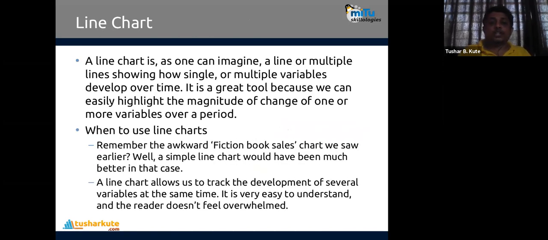Line chart is a very commonly used plot. When you start visualizing, we'll start with the line chart. The progress of two variables we can see with the help of the line chart. A line or multiple lines show how a single or multiple variables develop over time. It's a great tool because we can easily highlight the magnitude of change of one variable over a period with another, like x and y.